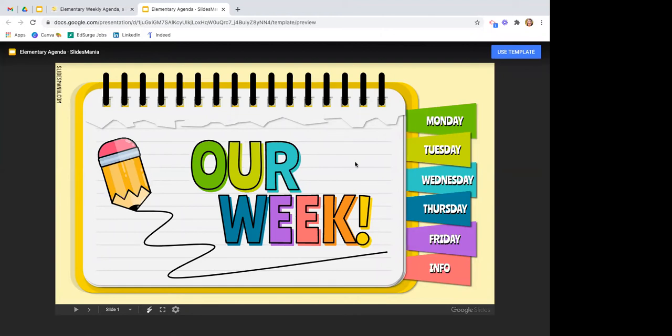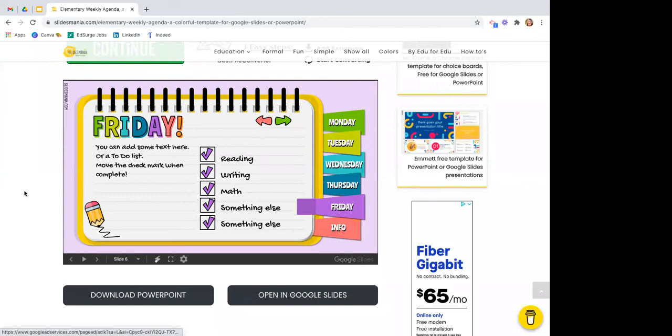If I wanted to go through with this and edit it and make it my own, I would go to Use Template, which I'm not going to do right now. I'm just going to close this and go back. So think about that. Think about some things that you could use. This could be something you have in Google Classroom that's there for the kids. They can't edit it, but they can view it and go through it and see what's